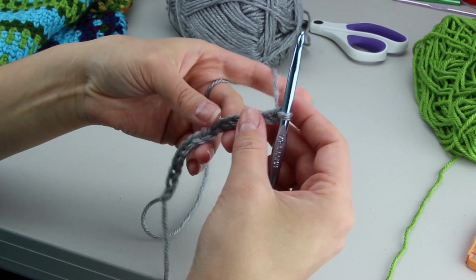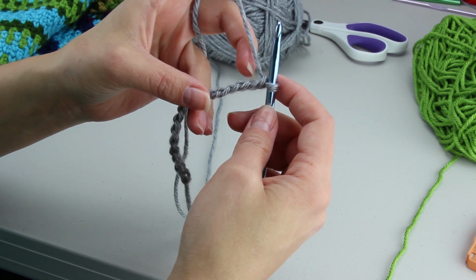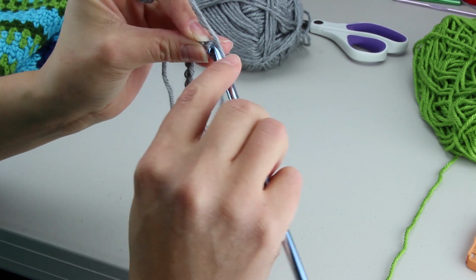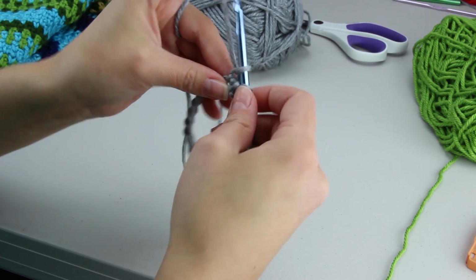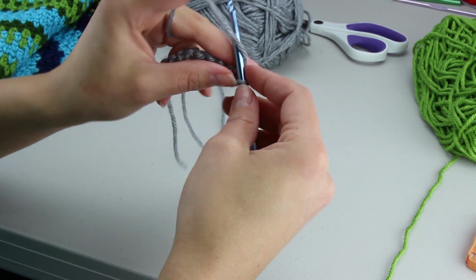Once you have your chain complete, you're going to single crochet in the 4th chain from the hook. So you're going to skip the first 3 chains and into the 4th one. You're going to insert your hook, yarn over and pull through, and then finish your single crochet. So you're going to yarn over and pull through both loops on your hook. Now we're going to chain 1,